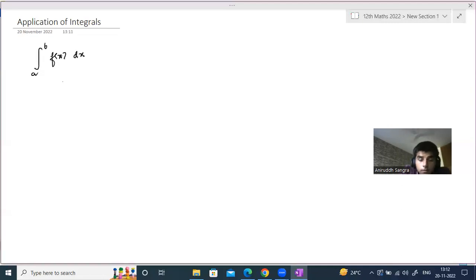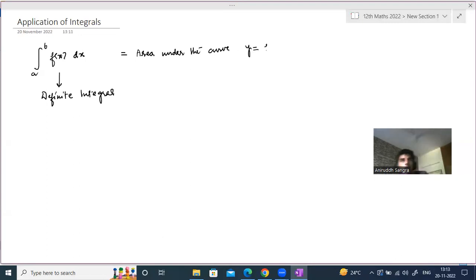This is the definite integral of f(x) from a to b, and this definite integral is nothing but the area under the curve y is equal to f(x)